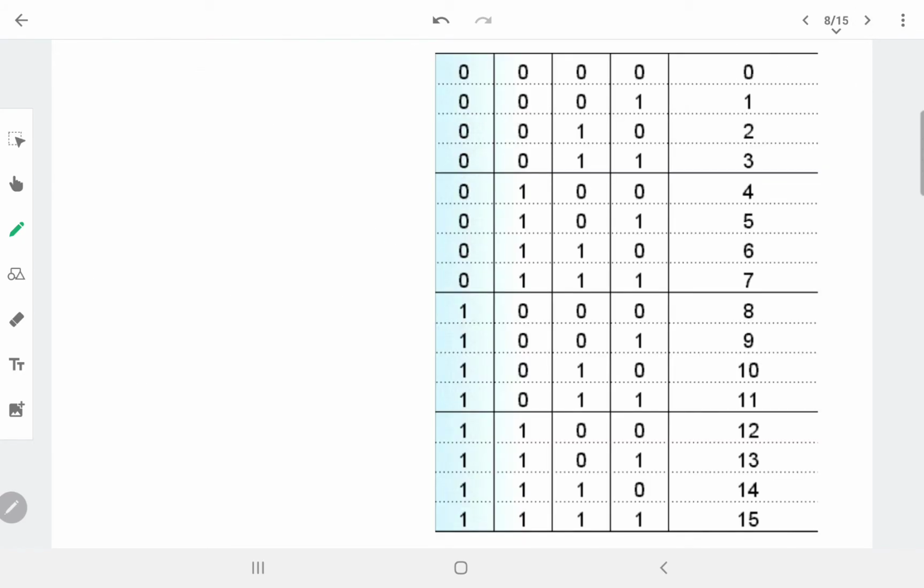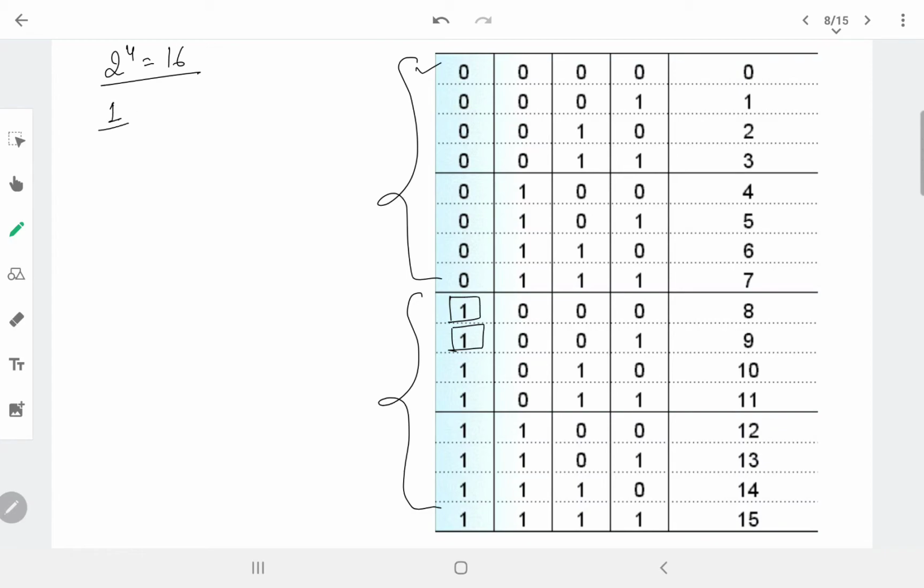Now let's see this example. So this is the total numbers formed out of the 4 bits. With 4 bits, how many total numbers will form? 2 to the power 4, 16. So these are the 16 numbers that are formed with the help of 4 bits. Now let's see what happens if we fix the first digit. If we fix the first digit as 1, how many total parts are created? We can see that there are two parts created based on the first digit. So basically if we fix one digit, the parts created will be 2 to the power 1.